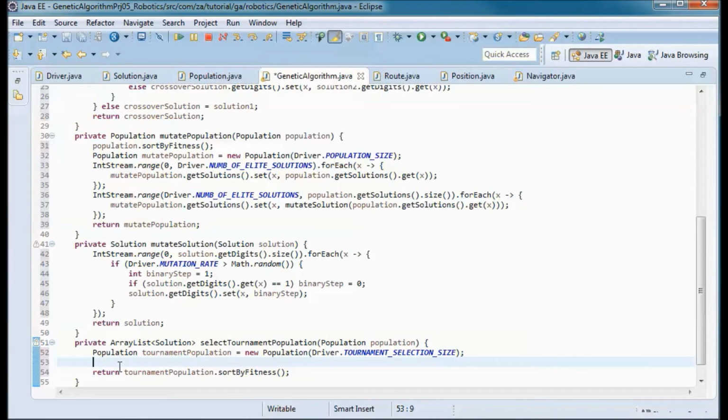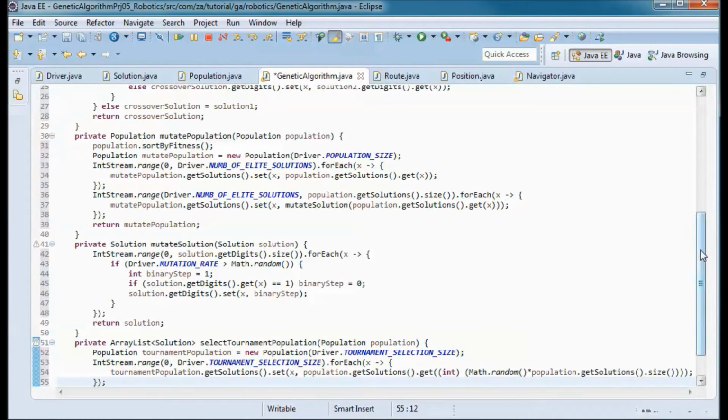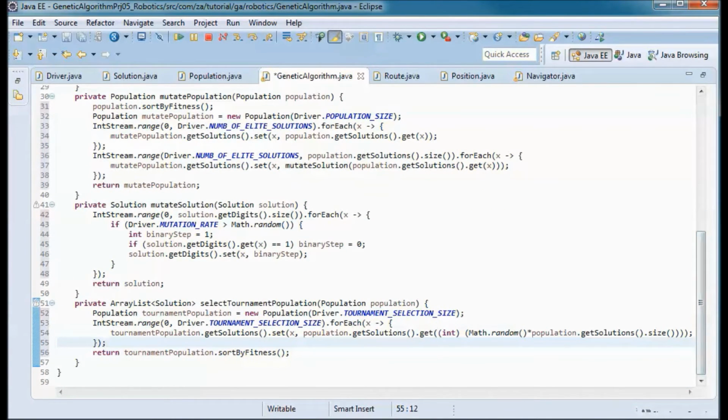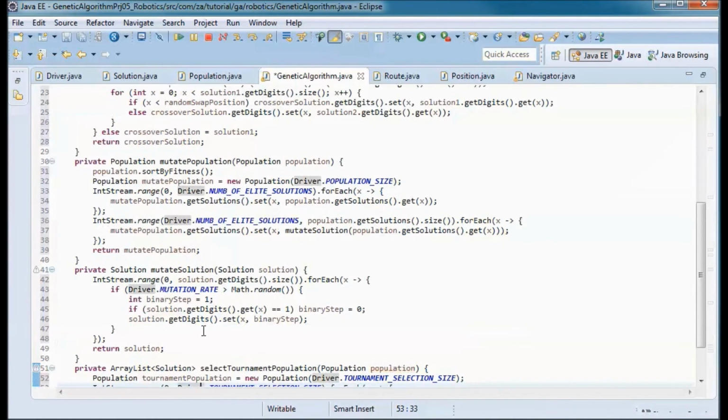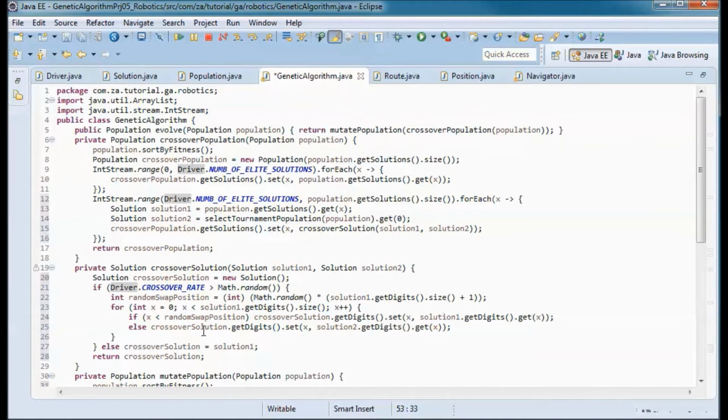And before doing the return, I will randomly populate this tournament population with 4 random solutions from the passed in population. So this should do it for this class.